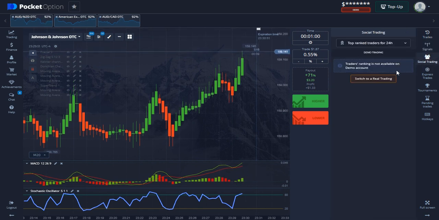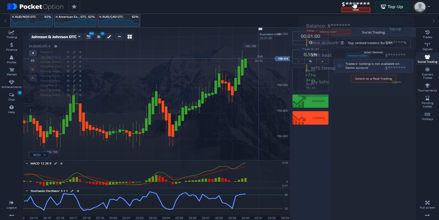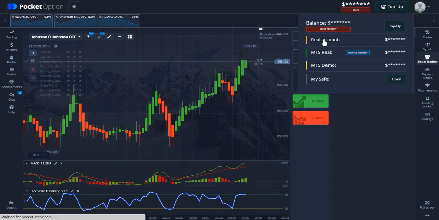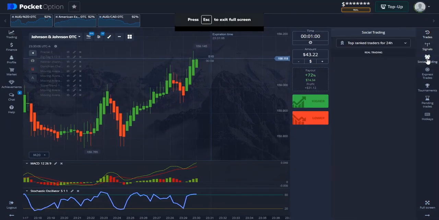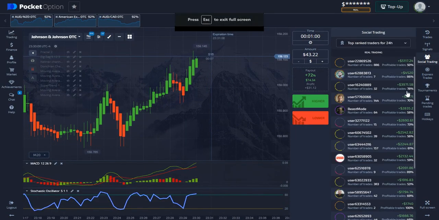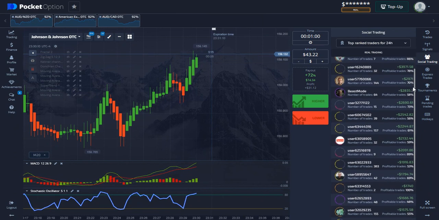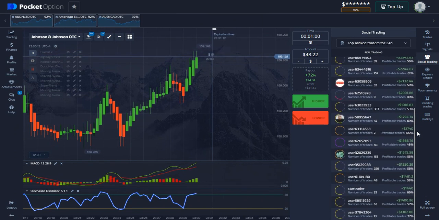Social trading, that's okay. That's where you can copy other people's trades. You can only do that on a real account. So let's go to real so you can see what that looks like. All right, so social trading, you can go here and you can see all the ballers that have made money